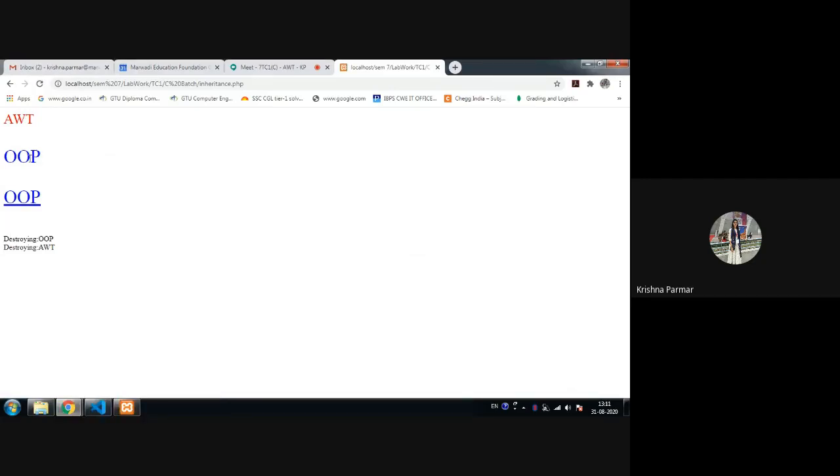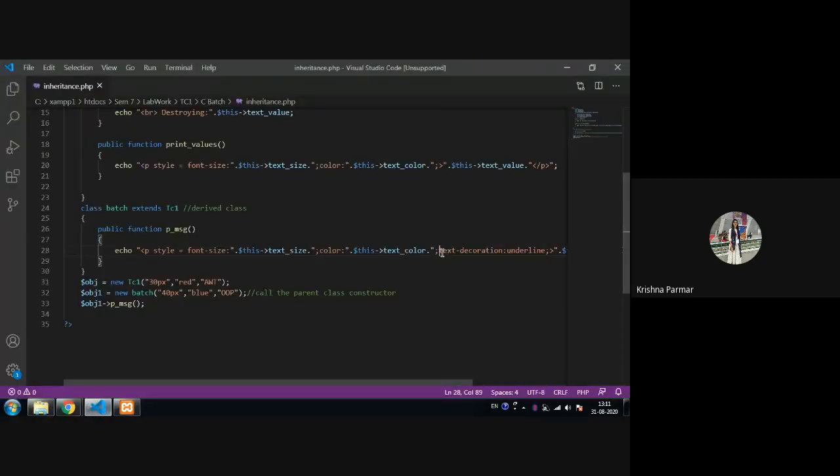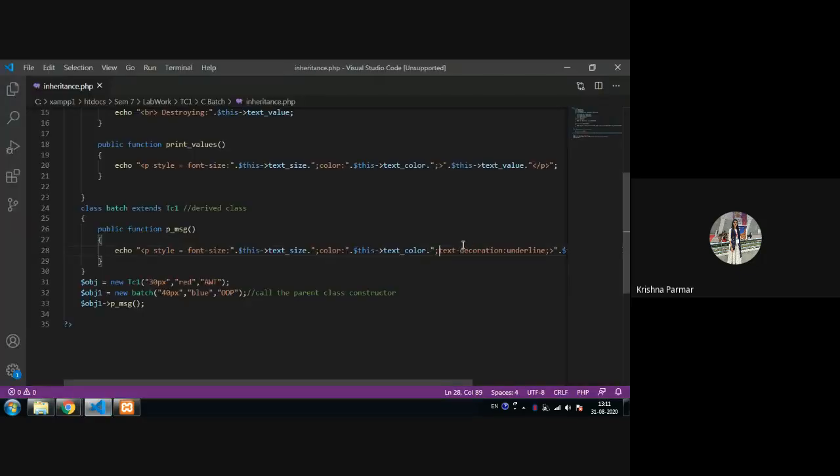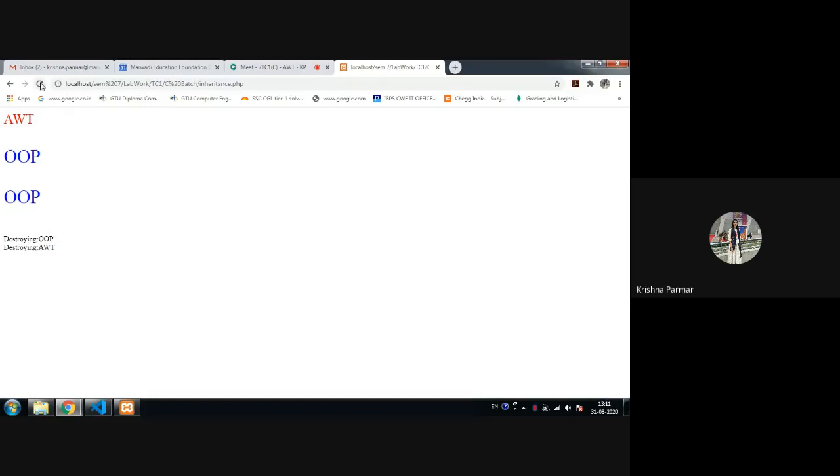Okay, fine. Everything is there up to whatever the code is. Make sure that whenever you write the double inverted commas and your property, you don't put a space. If you put a space, your output will not display the underline. So make sure you don't put any space. Then the underlined text is your child class function, this is your parent class function, and again this is your parent class function. After that both objects are destroyed. That is the destructor part.